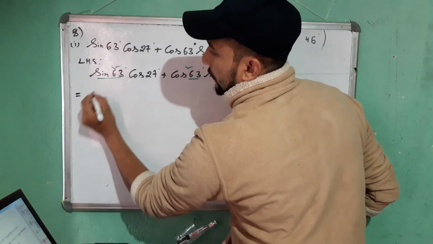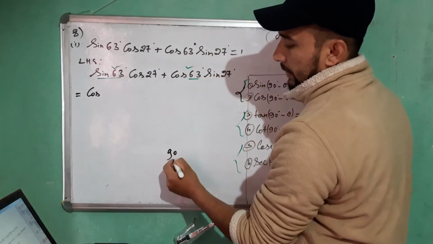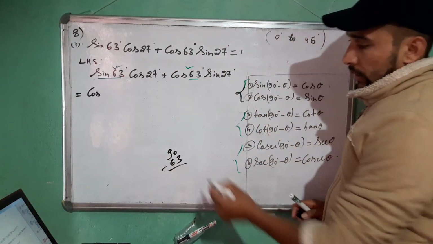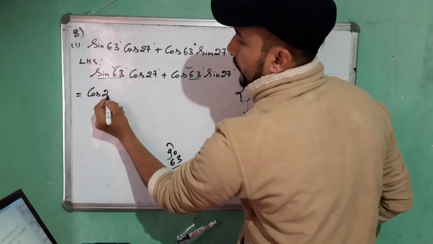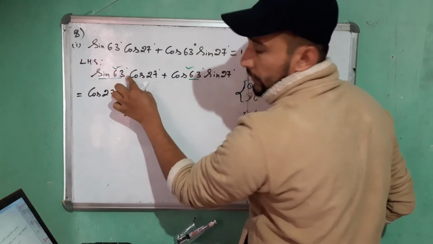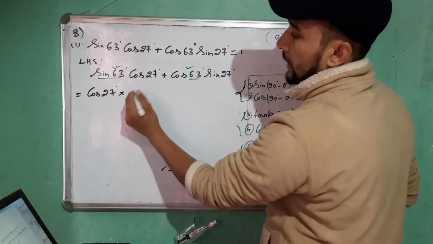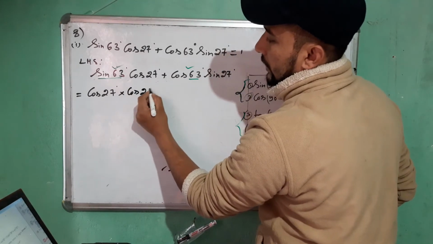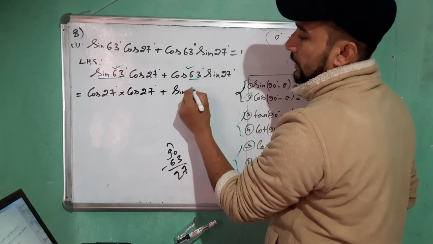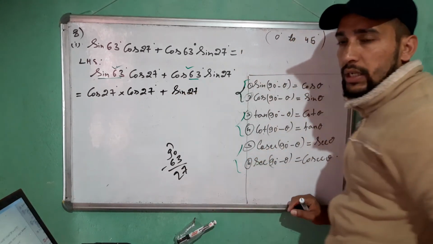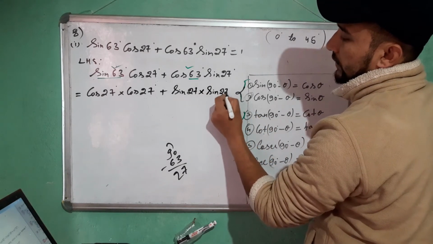Okay, this will be complement of sine is cos 63 is 90 minus 63. 90 minus 63, 10 minus 3 is 7, 8 minus 6... 27. Okay, 27 degree into, if there is no sign you write a multiplication sign. That means multiplication sign. So cos 27 degree plus this will be complement of cos is sine 63 is 27. Complement of 63 is 27 degree into sine 27 degree.